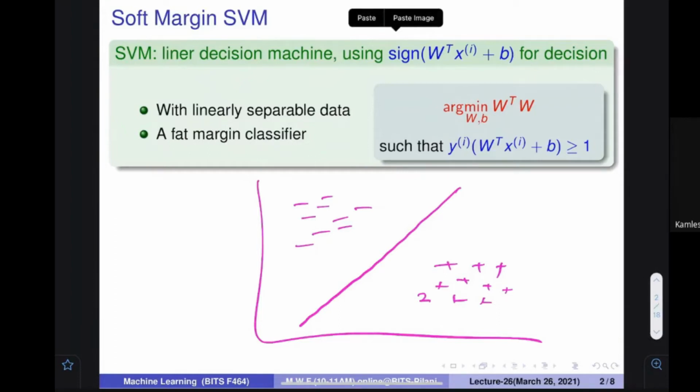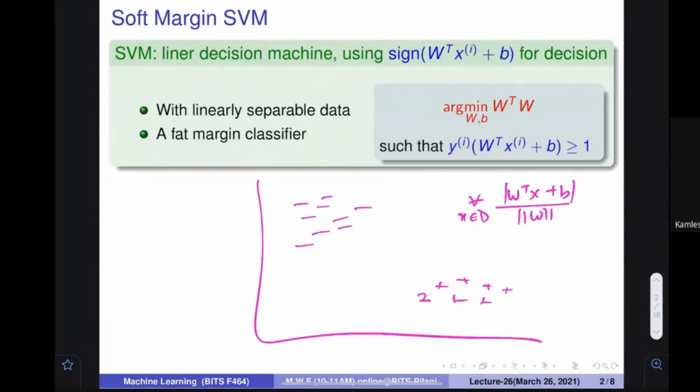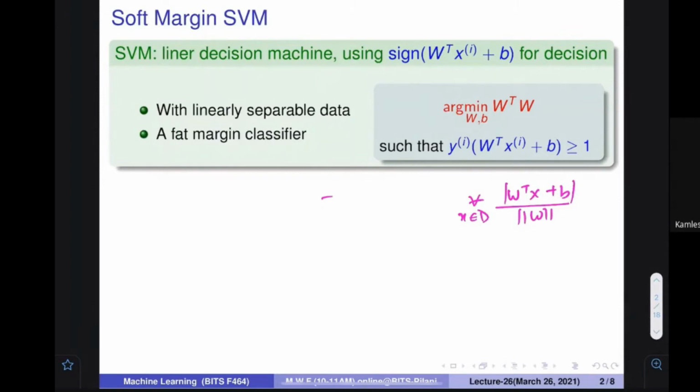So if you understand this, let me write what this margin is. How can I find the margin? Let me formally write the equation of the margin. We have seen a few minutes back that it is the absolute value of W transpose X plus B divided by mod of W, for all data points X inside D, whichever is the minimum value. Okay, let me remove this, as now you understand this. Whichever is the minimum value, this is what the margin is.